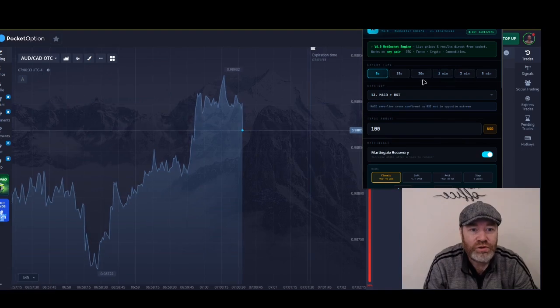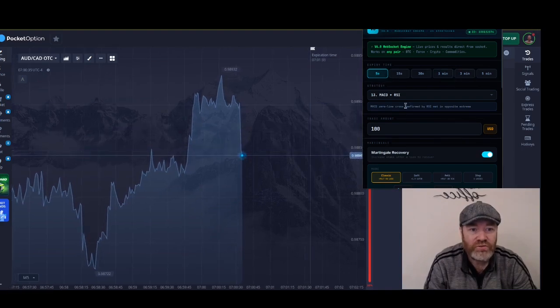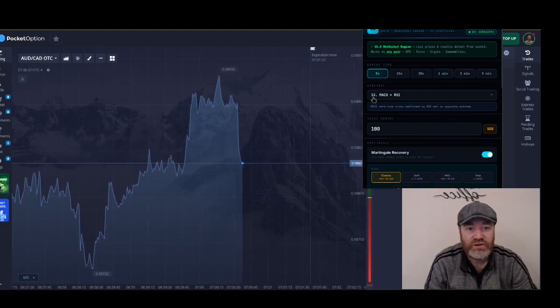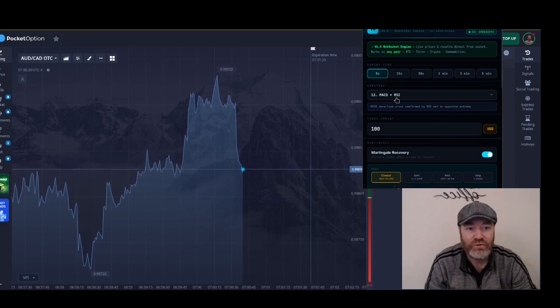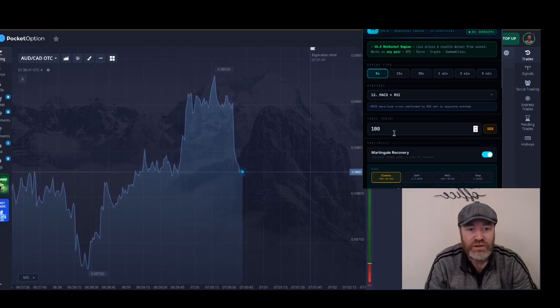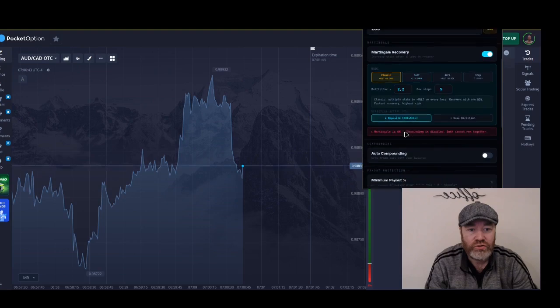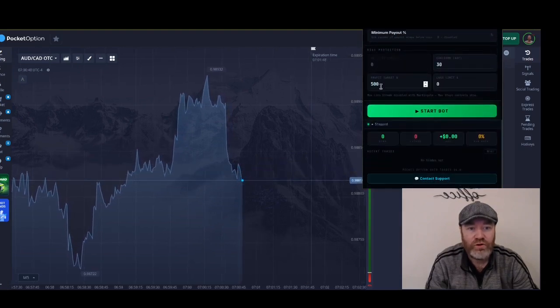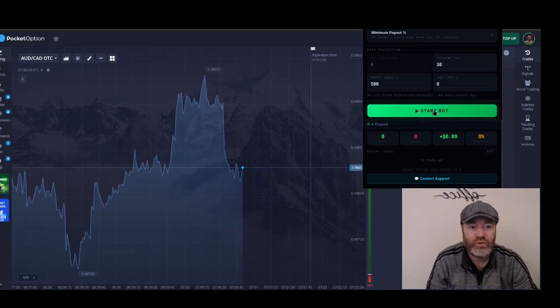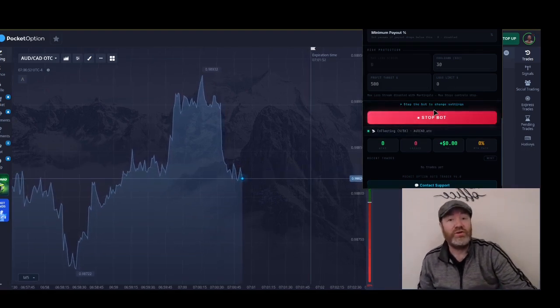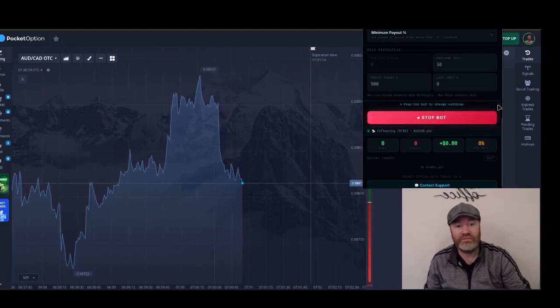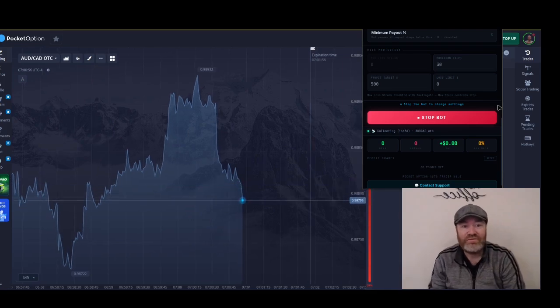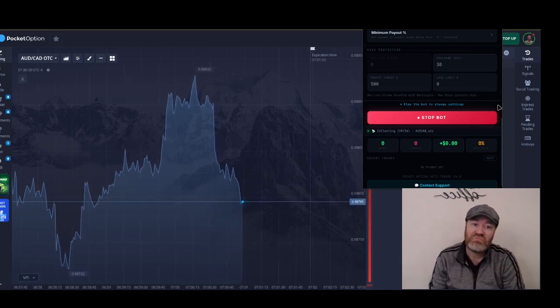So, as always, we are running on 5 seconds. We have chosen strategy number 13, MACD plus RSI, like I mentioned. We take trades of $100, we take the opposite if we're losing, and our profit target is 500 as always. The strategy yesterday got a 100% win rate, hard to beat that, but let's see if this one can take 100%